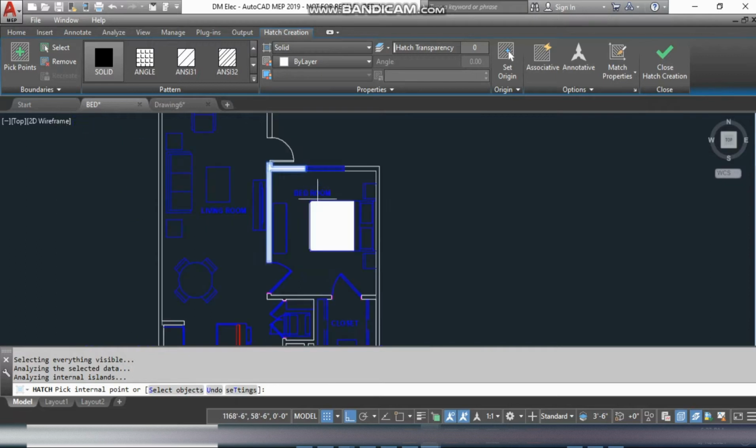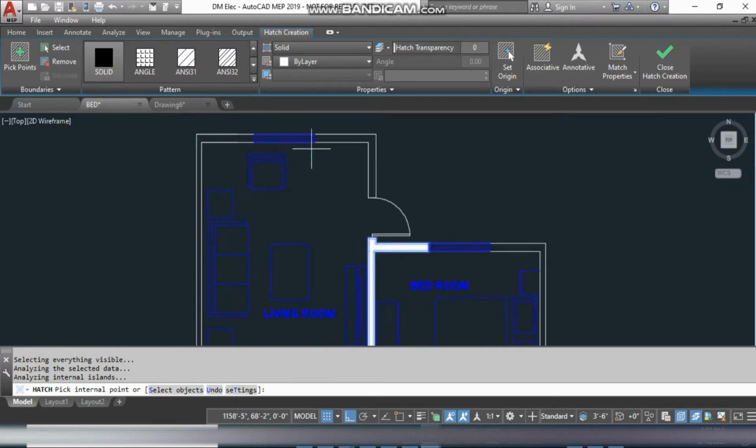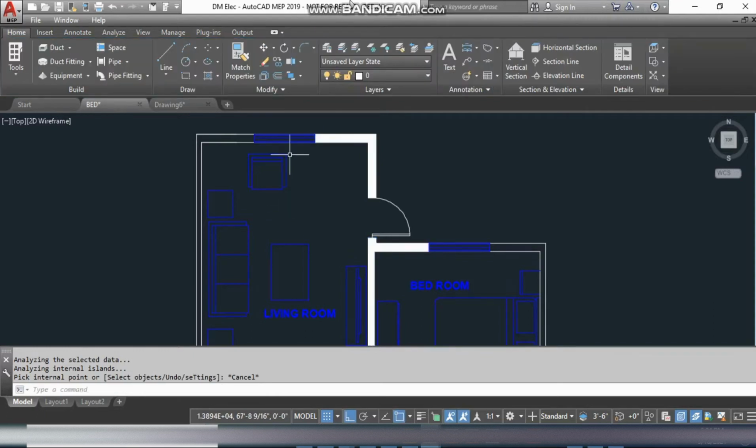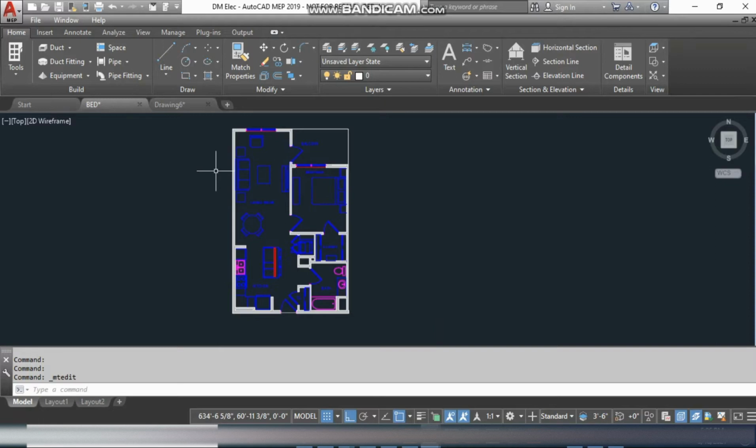apply. That way you can hatch it. We hatch all the floor plan. So the last step is put the dimension on